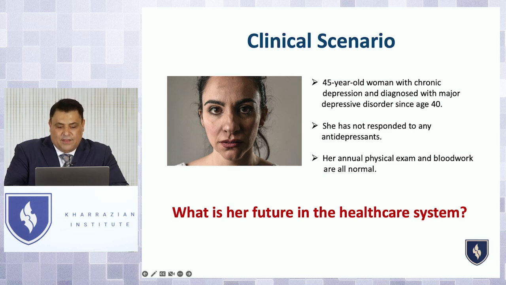Her brain's not healthy. Wouldn't it be surprising to see that she may have early signs of mild cognitive impairment and early signs of dementia with her? So those are all the things that you may want to think about with someone at her age scenario. So unless she gets a complete individualized and personalized workup, she may not have any chance in the healthcare system, right?